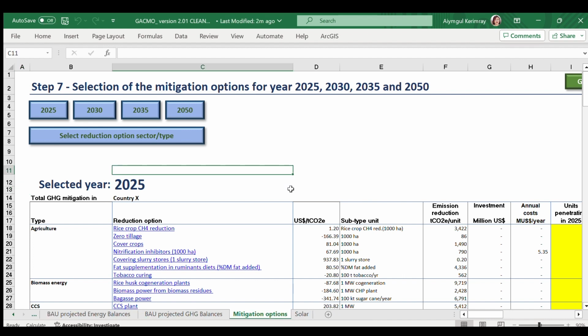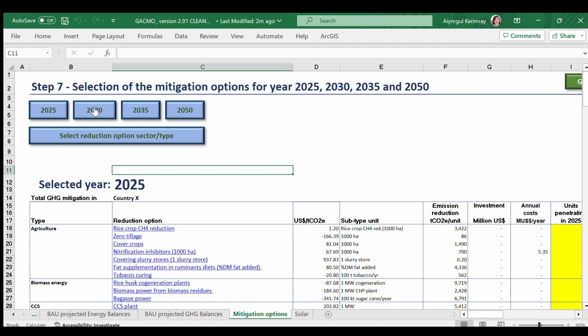As an example, if the number of units operational for one mitigation option specified in 2025 is the same in 2030, then the user must copy the unit of this mitigation option from 2025 to 2030. The magnitude of the mitigation option can of course vary across the projected years. Usually, the scale of the mitigation options will increase in the future years with an increase in the ambition.